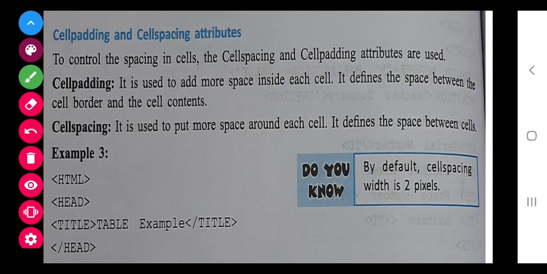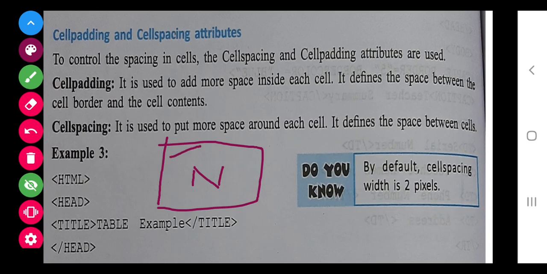Now class, your next topic is cell padding and cell spacing. Cell padding, very important topic. This has come in last year's examination also. It is used to add more space inside the cell, and it defines the space between the cell border and the cell content. Means suppose this is your cell and you have written name here.